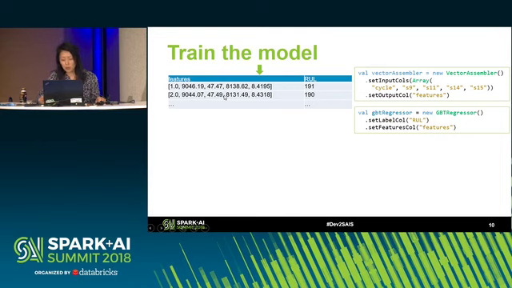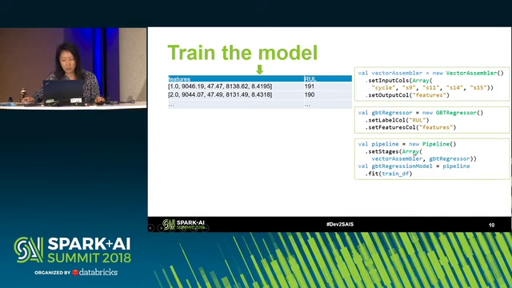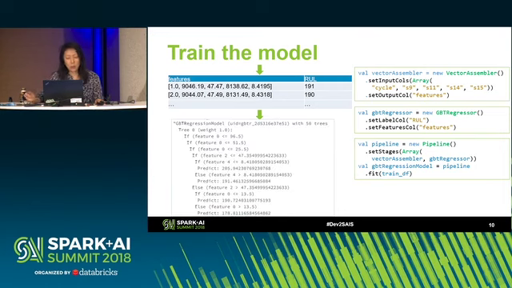Now we're ready to create our regressor, and we tell the regressor which column has the desired output and which column has our features. Now, instead of applying these two separately, we create a pipeline that contains both stages. And finally, we fit this pipeline on our training data. So the output is a trained model. And what does this model look like? If you print it out, use the toDebugString, you will see in this case, because we're using a tree,